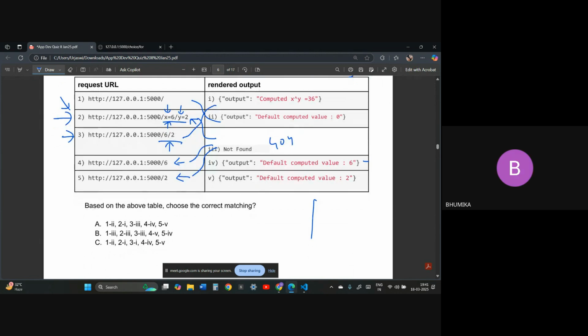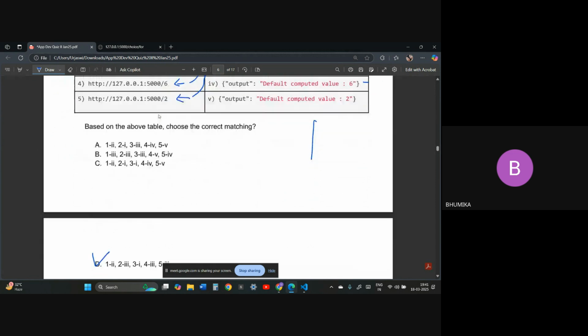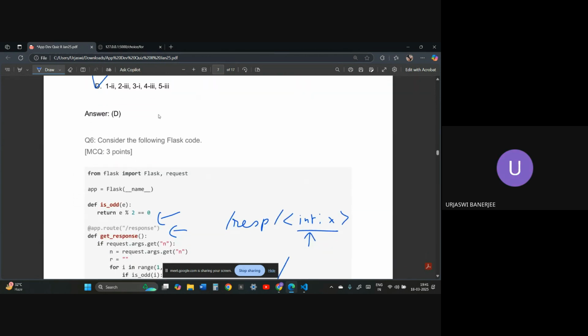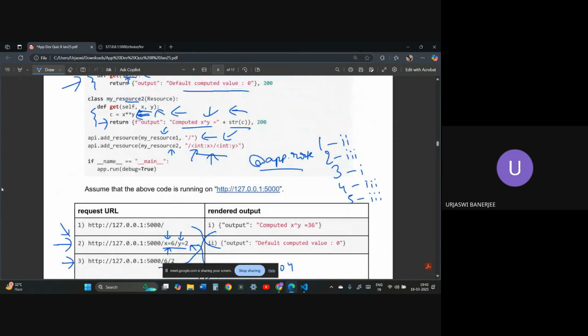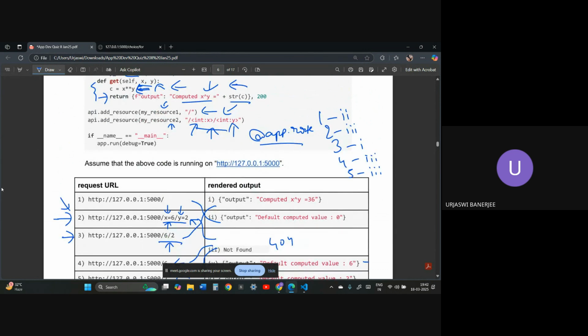Ma'am, we don't need to pass int in the URL, in the option? No. Don't pass int in the URL as long as you are using int in the route. You are already passing int inside of the route. You have passed int already once. Why will you pass int again? You have used int inside of the route already, so why use int again in the URL?